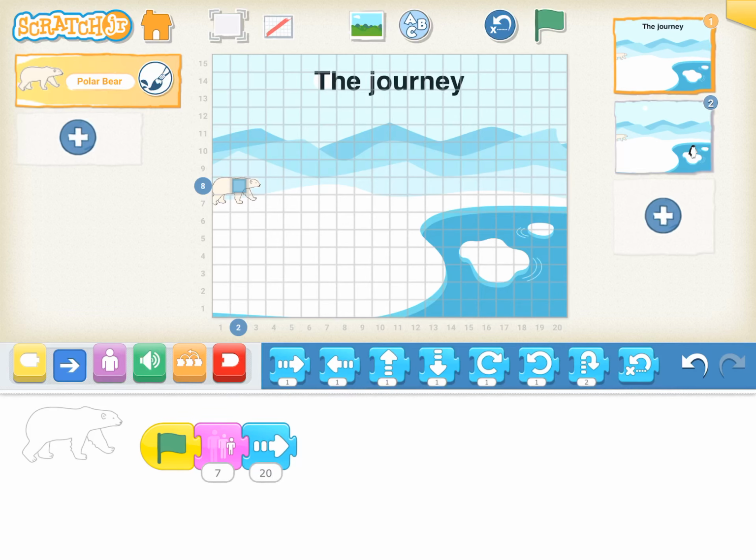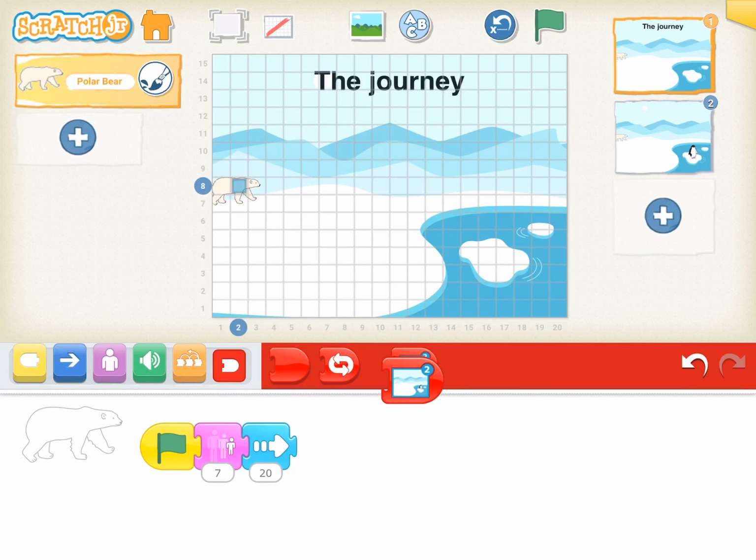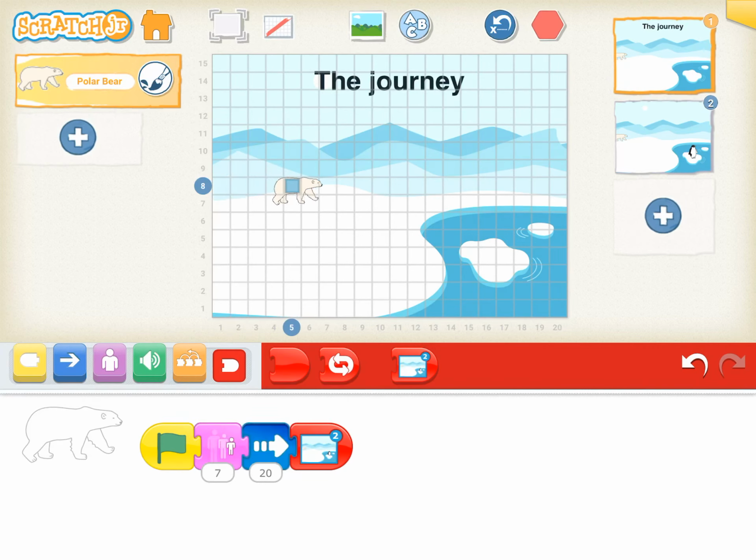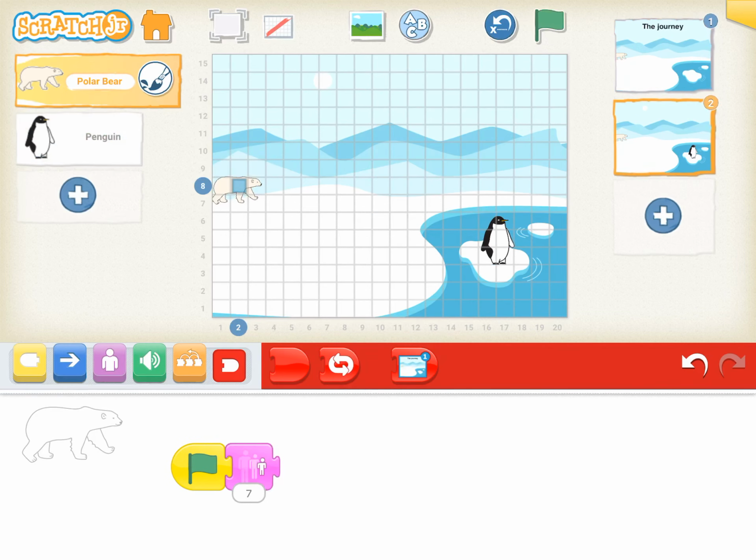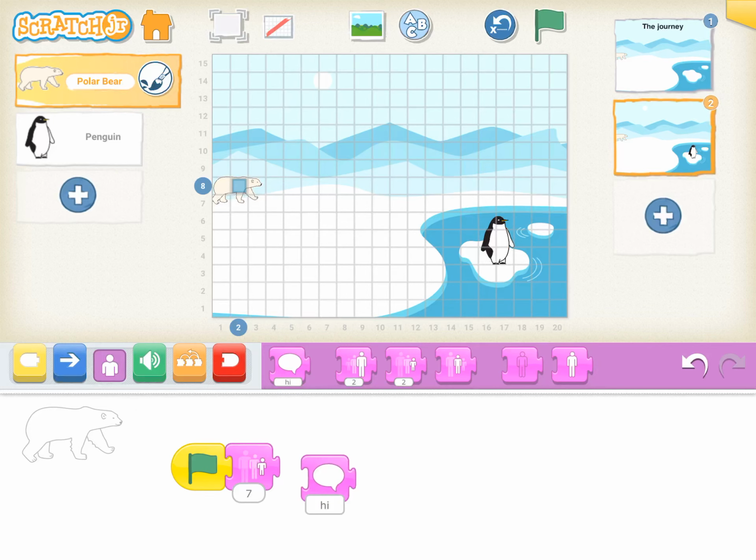And then this is the clever bit, I'm going to change to the second scene. So I need a red one and I'm going to go there. So now when it goes smaller, it walks along and then it'll go to there and it'll meet the penguin. And then you could get it to say some penguin facts or some polar bear facts, and they could actually have a conversation. So you could say,